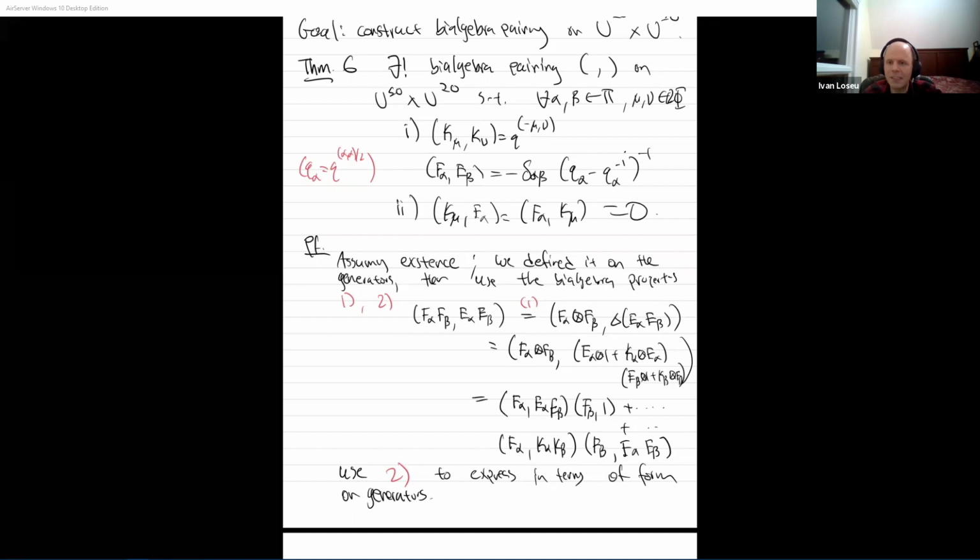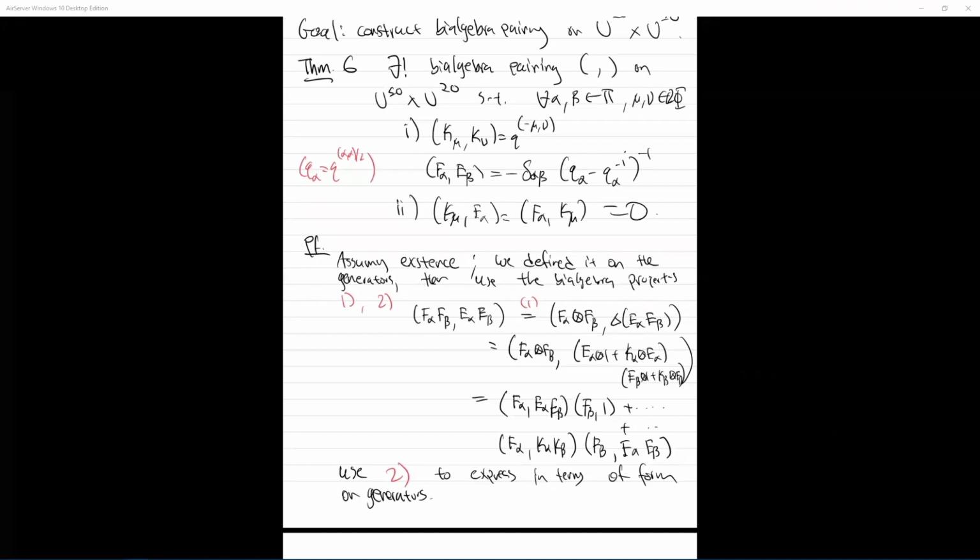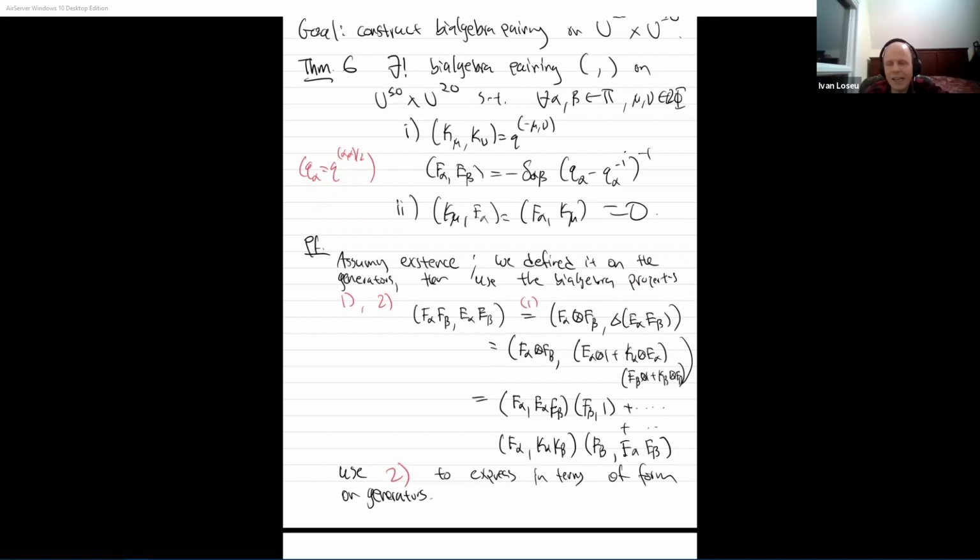Tony, does this answer your question? Well, yeah, so I think my question, and maybe it doesn't make sense, is after you extend it, I can then restrict it to the vector space generated by the E's, F's, and K's. Right. Well, the K's are gone because those were exponential. So you will have some.